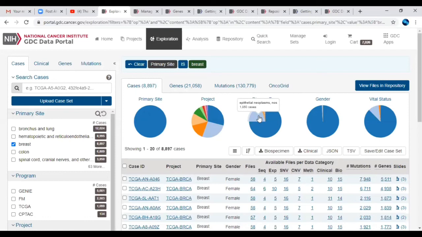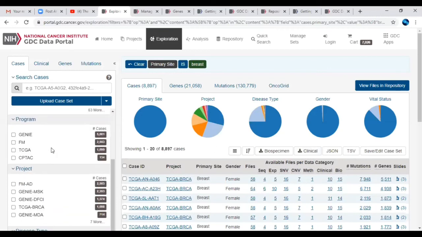No, like cases like triple negative, that means the HER2 and the other two genes are negative. Or like the cases where only radiotherapy has been given, and after that the genes. Yes, all this information you will get once you have downloaded the clinical data. In clinical data, can I use some filters so that only those cases I will get, something like that?